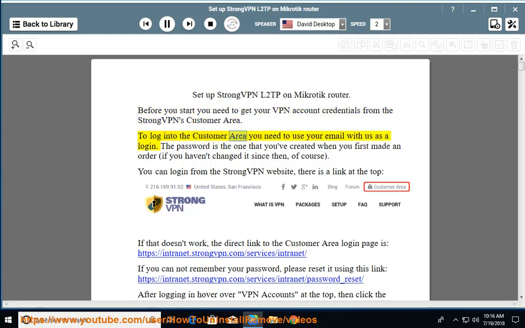To log into the customer area, you need to use your email with us as a login. The password is the one that you created when you first made an order, if you haven't changed it since then, of course. You can log in from the StrongVPN website. There is a link at the top. If that doesn't work, the direct link to the customer area login page is